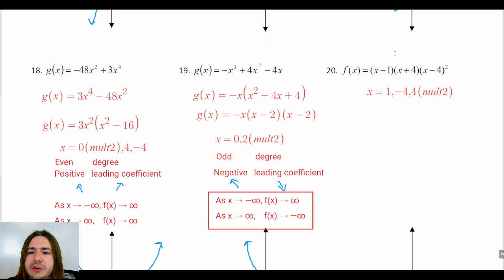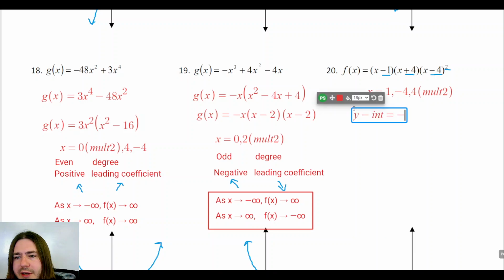So let's start with the y-intercept. To get the y-intercept, we would normally multiply this whole thing out, but we don't want to have to do that. Instead, all you need to do is multiply all of the constants in each factor. Now, if one of the factors is squared, you have to make sure to multiply that twice. So to get the y-intercept here,